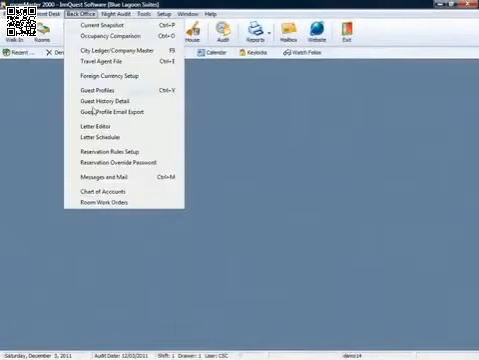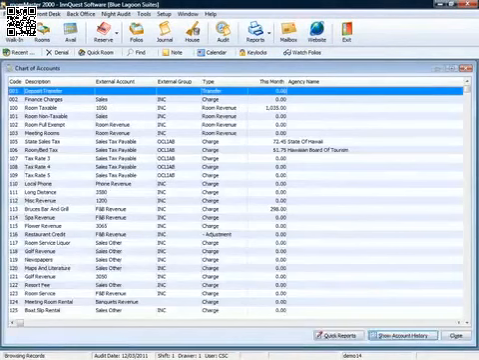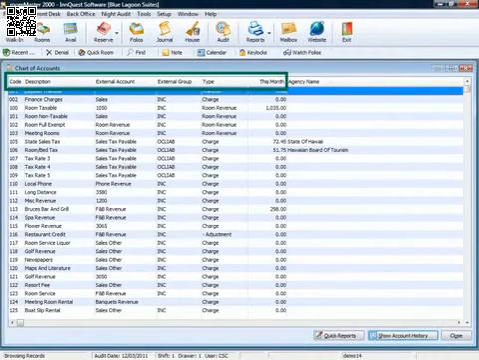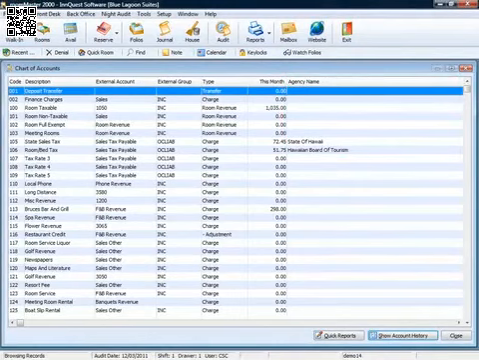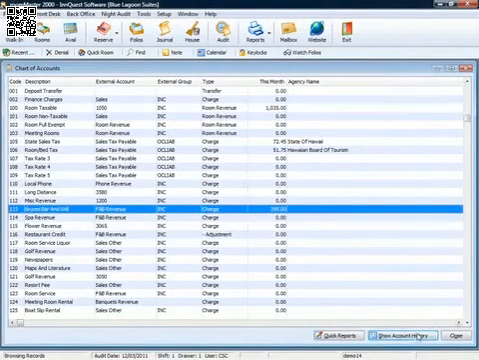Chart of Accounts is a listing of all the account codes configured in Roommaster 2000, displaying the account number, description, external account, and group, account type, and the balance for the current month. Tax agency names are also displayed. Information from previous months for a particular account code can be displayed by highlighting the account code and clicking Show